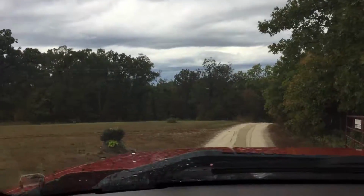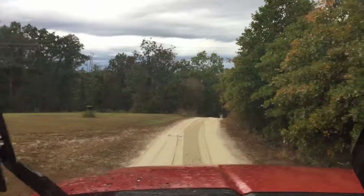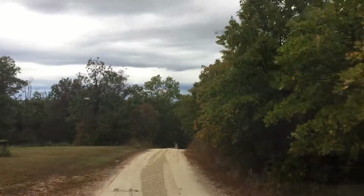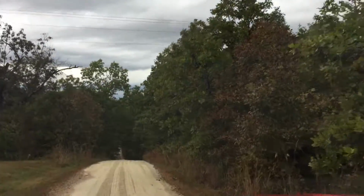I was kind of bummed out that it was raining when I got up here. It was supposed to be a pretty day, and instead it's not. Super cloudy and raining on us, but